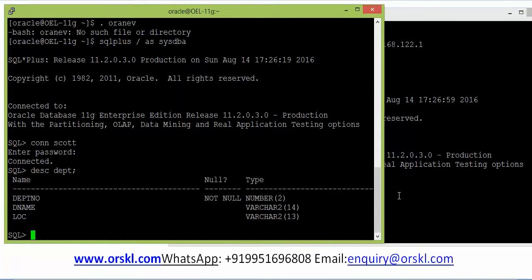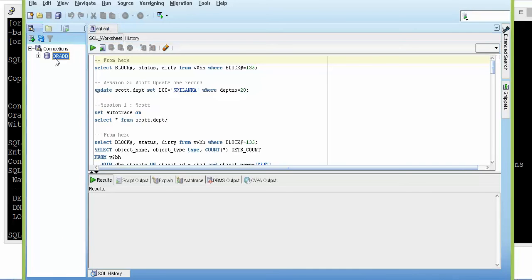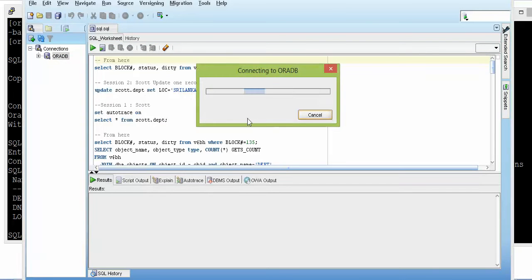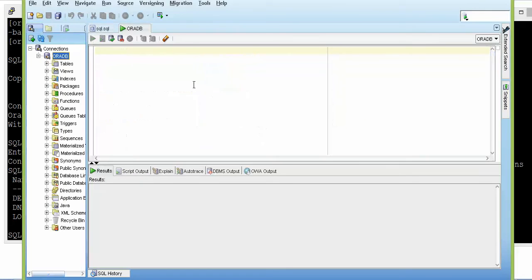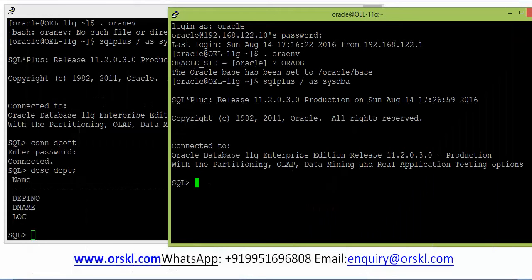This guy updates, this guy reads, and I need a third session that can monitor the buffer cache status, so that we understand how the Oracle database behaves in terms of consistent reads in the buffer cache. I am connecting from SQL Developer, because it is easy for us to visualize. This is my third session, isn't it? Okay, having this active, now I have this setup.